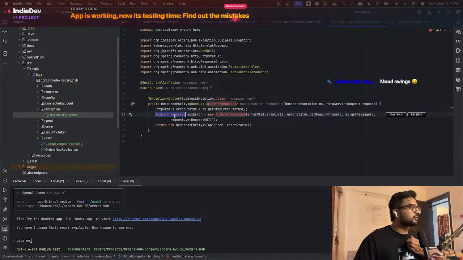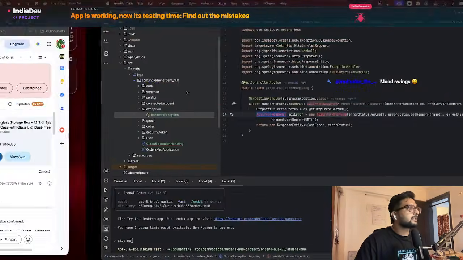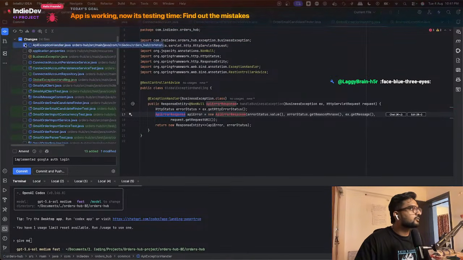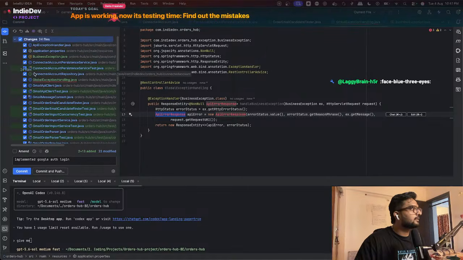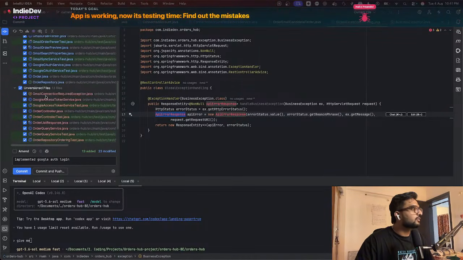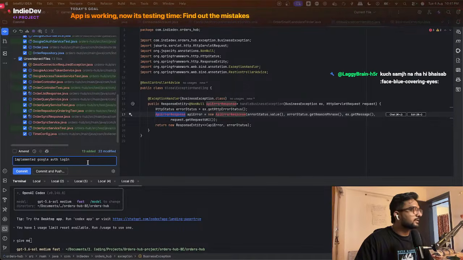So I need to create API response. Hey, wait, I did one mistake. So let me just not this file, global exception and business runtime error. So these two files I'll not publish, and all those things, and implemented